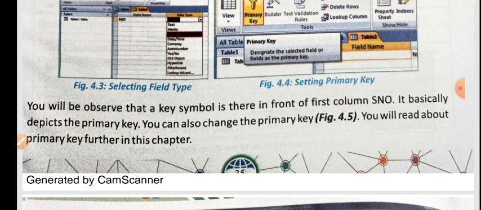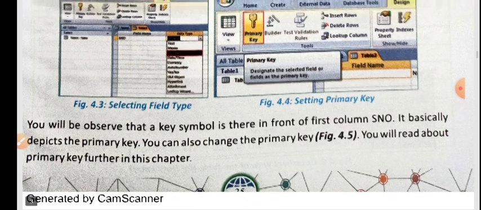For example, it happens that there are students having the same name, like Rohan Srivastav and Rohan Srivastav. For convenience, we can usually say Rohan 1 and Rohan 2. But when we are saving the data in the database, we cannot change their name. So we will have to distinguish these two Rohans with the help of their roll number or their SR number. Means the name can be the same, the address can also be the same, but the SR number or the roll number cannot be the same for two students. So you can select the primary key.